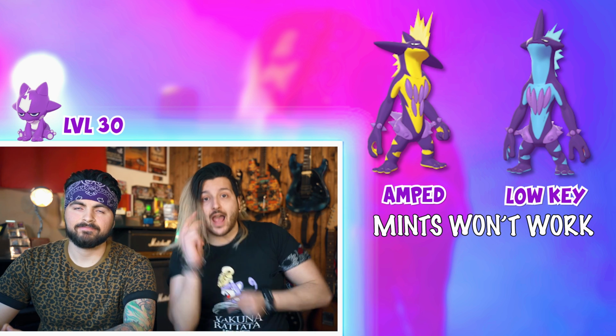The difference of both forms of how to get them is by their nature, alright? So half the natures create amp form and half the natures create low-key form. Now, you can't change this with the mints, okay? This has to be the nature that you found that Pokemon. Amp form natures are included right here because I can't remember the full list. And low-key forms are...